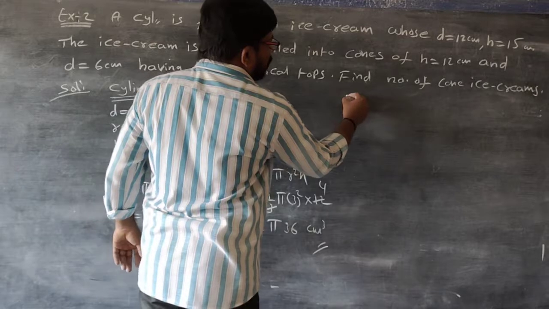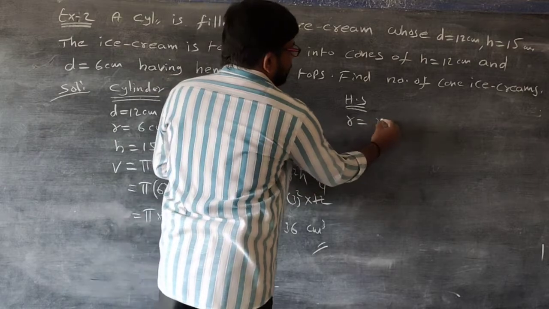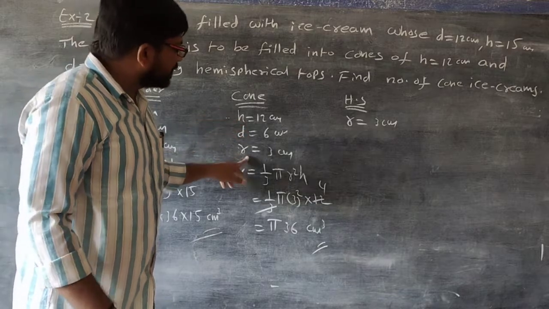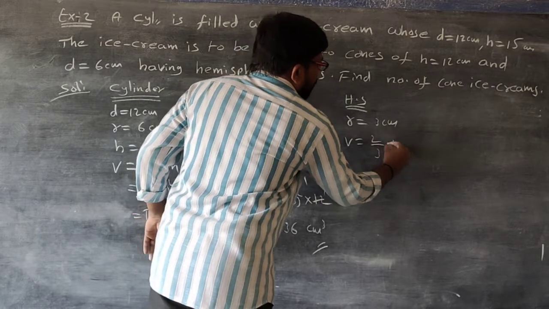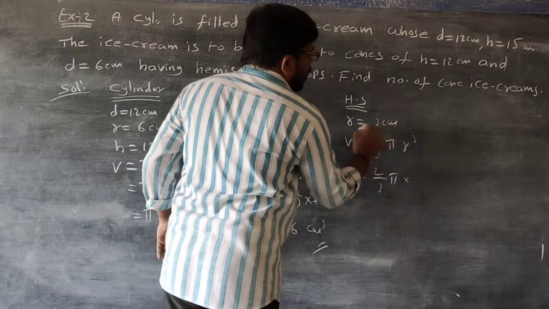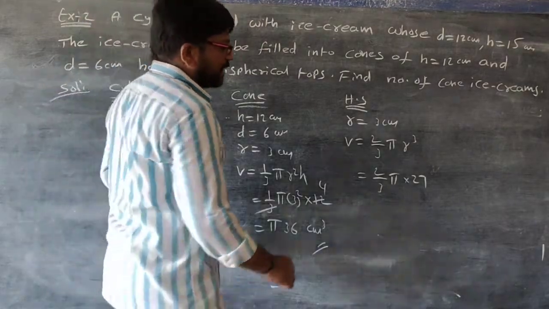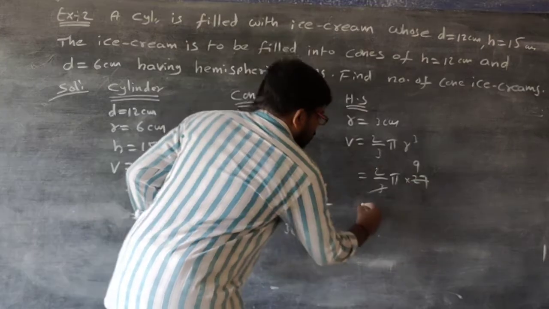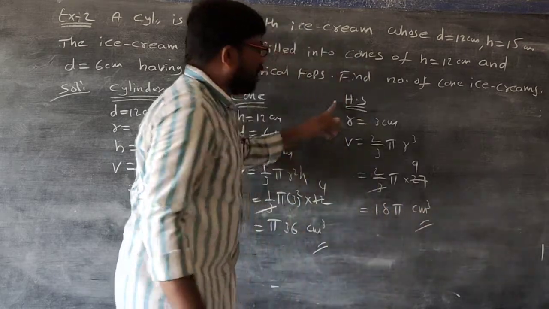Volume of the hemispherical portion. So radius R is the same, 3 centimeters. So the base of the hemisphere and cone is the same. Base radius is the same, R equal to 3. Here also R equal to 3. Then its volume V is equal to 2 by 3 pi R cube, right? That is equal to 2 by 3 pi into R cube. R means 3, 3 cube means 27, 3 into 3 into 3. 3 3s are 9, and 3 9s are 27. 3 ones are 3, 3 nines are 27, right? That is equal to 9 2s are 18 pi centimeter cube. It is the volume of the hemisphere.